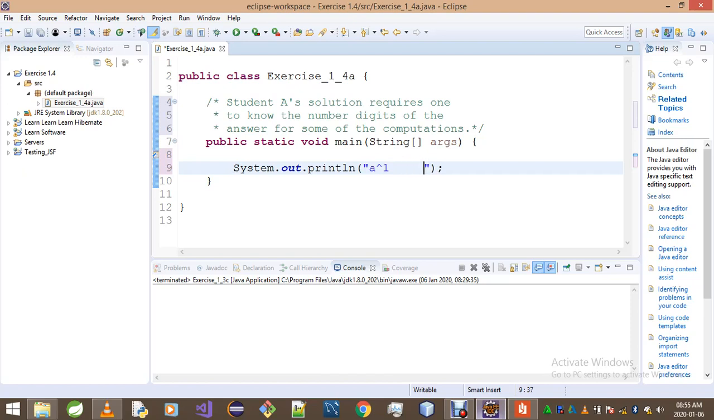1, 2, 3, 4, 5, 6, 7, 8. And then we go A to the exponent of 2. Again, we go 8 spaces, 1, 2, 3, 4, 5, 6, 7, 8. And lastly, we go A to the exponent of 3. And the next line, we print